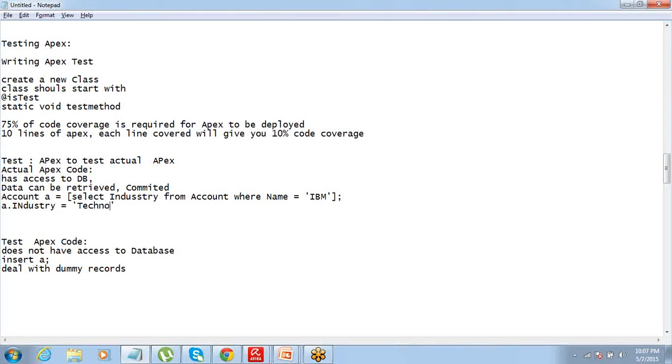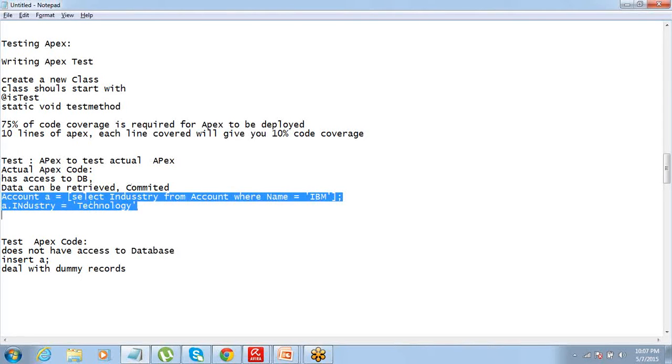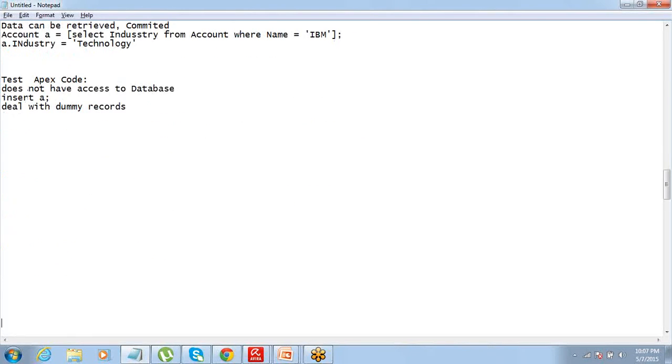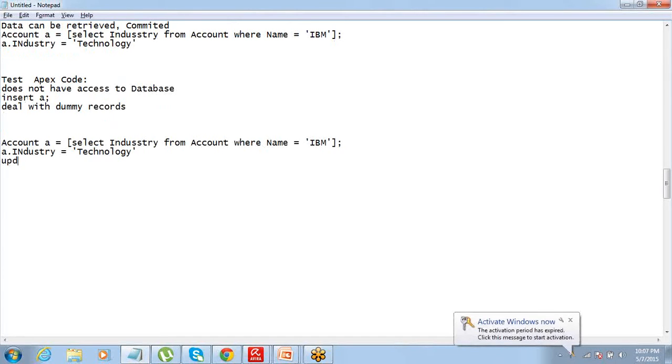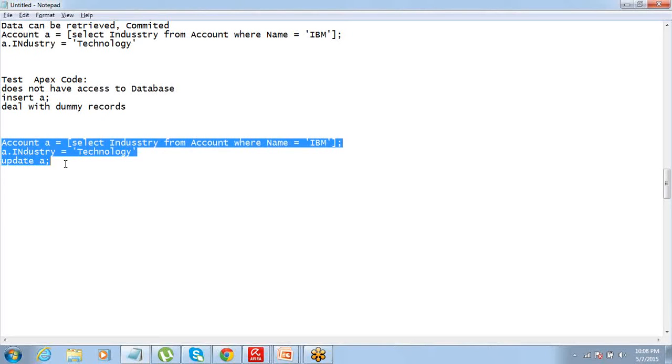Let's say this is my code, okay? And after that I say update a. This is my actual Apex code. This can be executed from a trigger or from a method or wherever, okay?